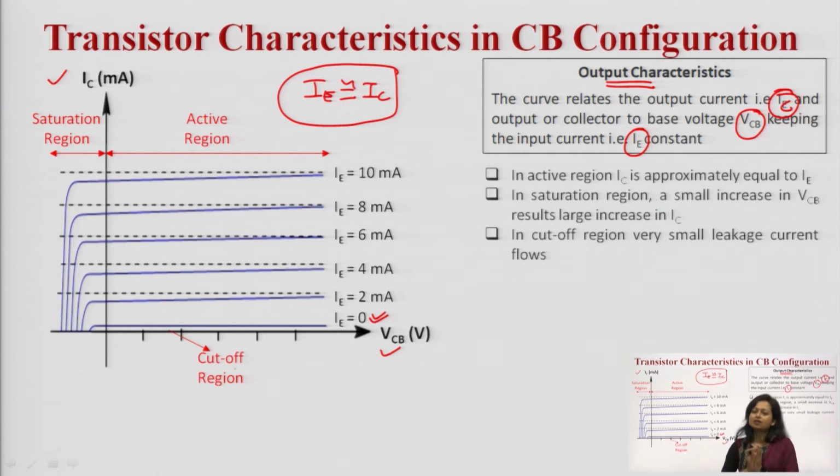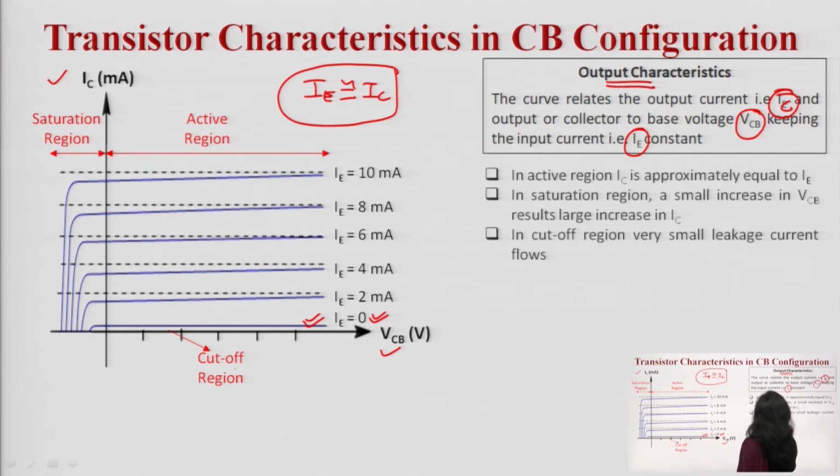But recall the concept of reverse biasing in a PN junction diode. What happens in the case of reverse bias? Majority charge carriers move away from the junction, the depletion layer width increases, but some of the minority charge carriers which are available cross the junction and a very small amount of current flows. So you can see over here, since IE is 0, ideally IC must be 0, but IC is not 0. You can see a certain value because there is some amount of current flowing, which is the leakage current.